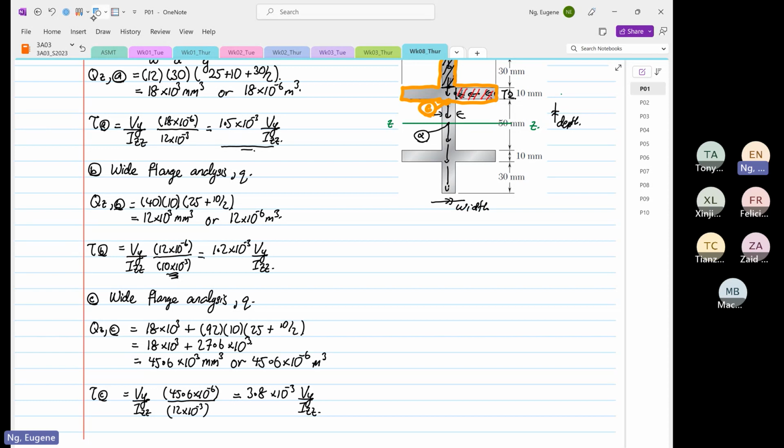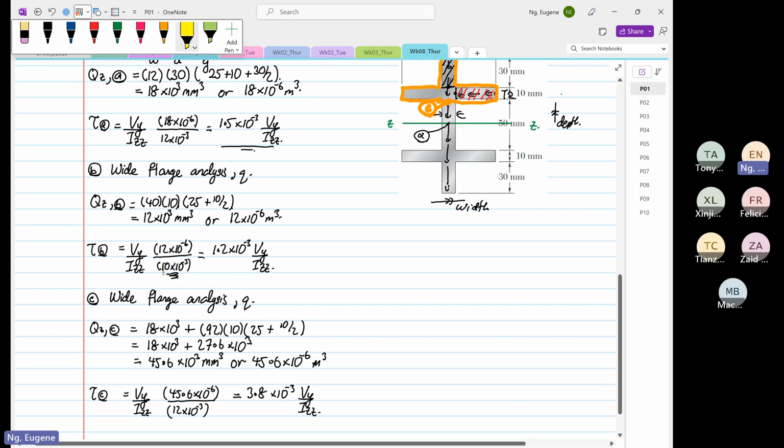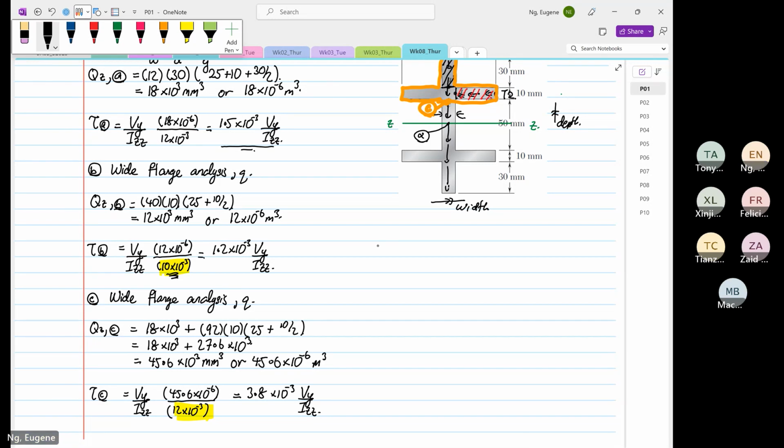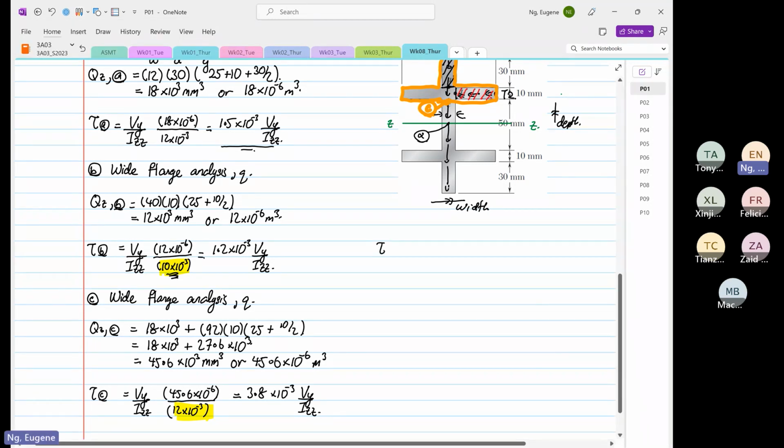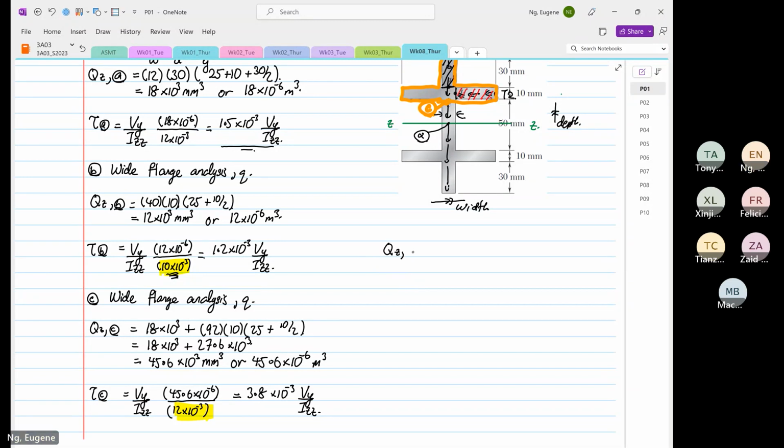No doubt it has the lower thickness, right? You can see the thickness is different at point B and point C. So now we're going to find the shear stress, no, not shear stress, the Qz at point alpha now. Okay, so this will be equal to 45.6